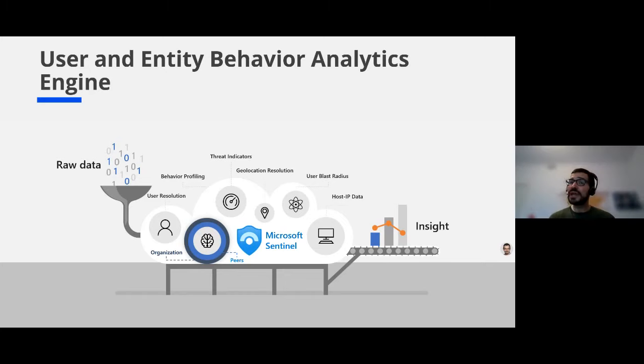And then we have an additional section, which I like to spend a little bit more time on, which is the user blast radius. So basically, this defines the possible impact that a user could have in the organization if it were to be compromised, if the identity were to be compromised, right? And to calculate this user blast radius, we take into account mainly two things.